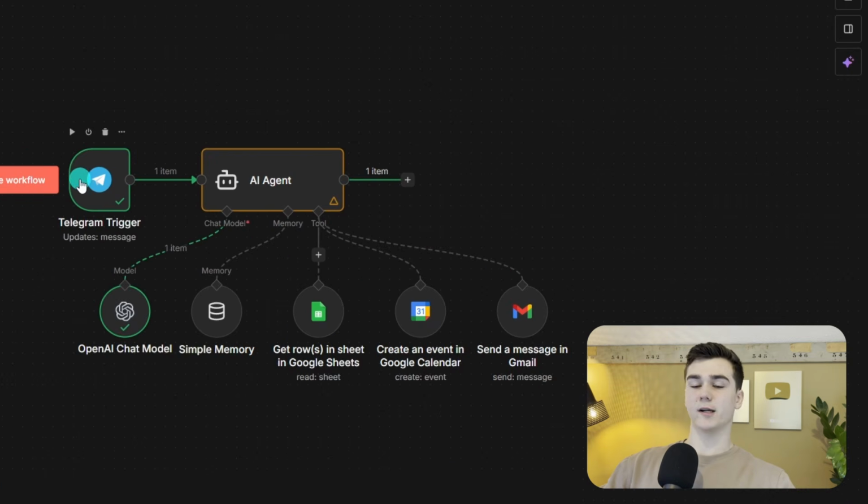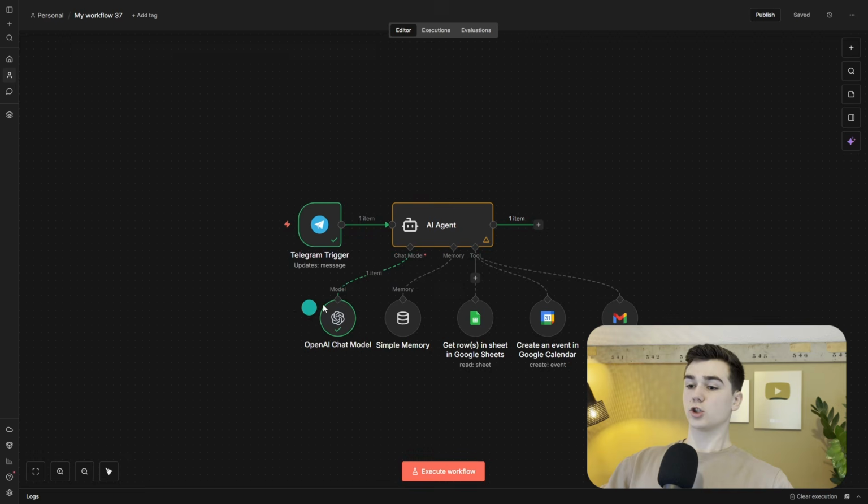Okay, so this is what we now got. So we have the Telegram trigger as our input, then we have our AI agent with a chat model connected and a memory connected, and then we have 3 tools, so a Google Sheets, a Google Calendar, and a Gmail tool. Now there are 2 parts missing. First thing is the system prompt in our AI agent, which gives the instructions on when it should use all of these tools, and then we need the output, so we get a message back on our Telegram that everything was done successfully. The first thing that we'll do is set up the system prompt,